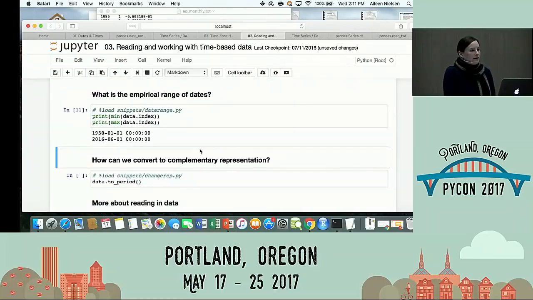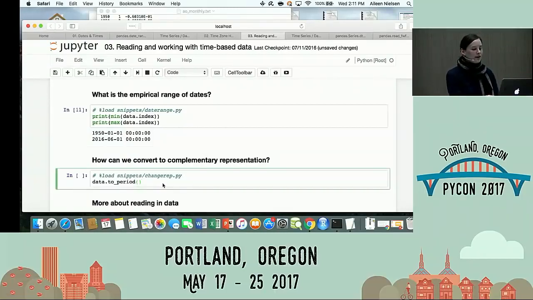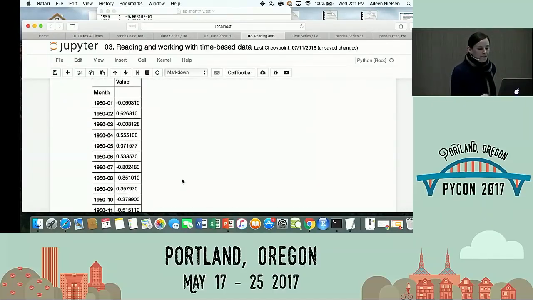Also, thinking about it, realize, well, I don't really want a timestamp, right? Because this data is not actually like at this second I took this value. It's actually a monthly average of some sort. So I'm going to convert it to a period. Remember, we've got datetimes and we've got periods. This feels much more like an interval to me, right? Climate data. What was the particle count for this month versus that month? So I'm going to convert it to a period.